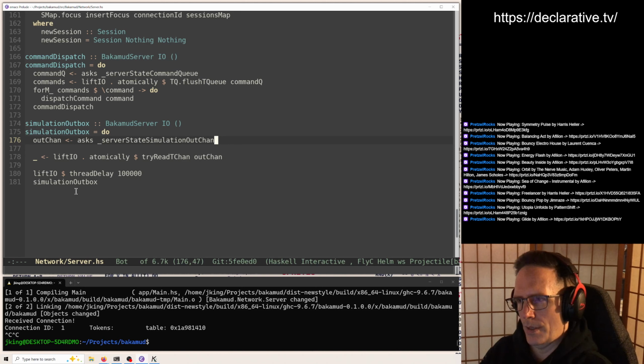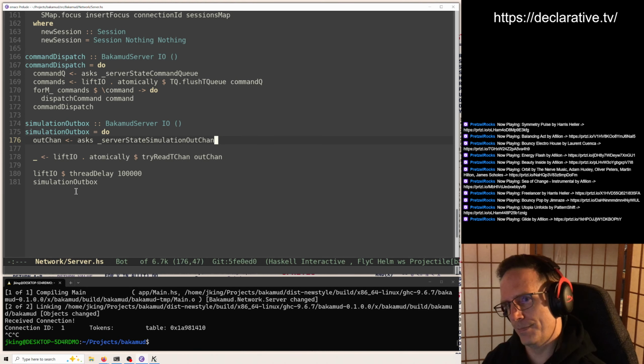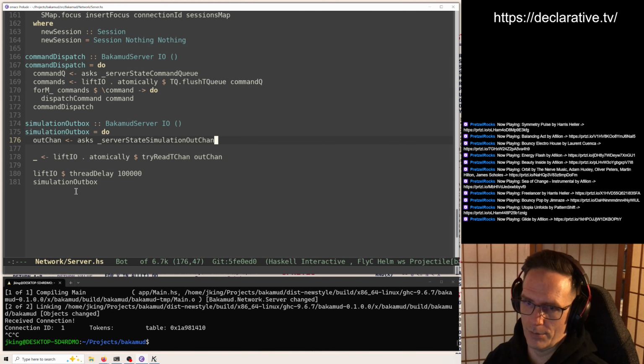Okay, so let's see. Now we have the infrastructure in place to be able to send updates from the simulation on a server tick to a user. Most of this, hopefully, is going to be done through the ECS system on the Haskell side, at least for things like mob interactions, and other game things.